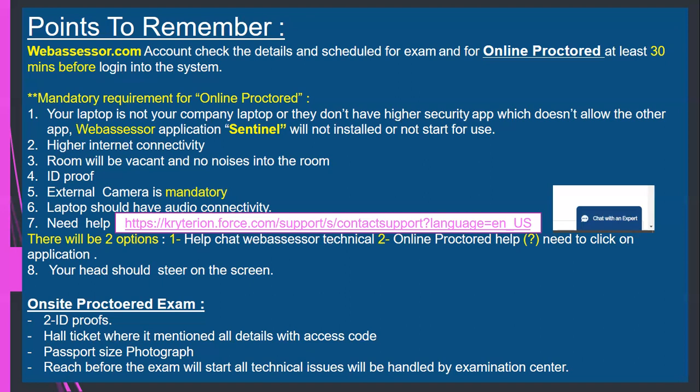And another mandatory thing is you need an external camera. They will check the whole area of the room where you are sitting. They will check that there is no other laptop, no other screen, and no other people sitting around you.